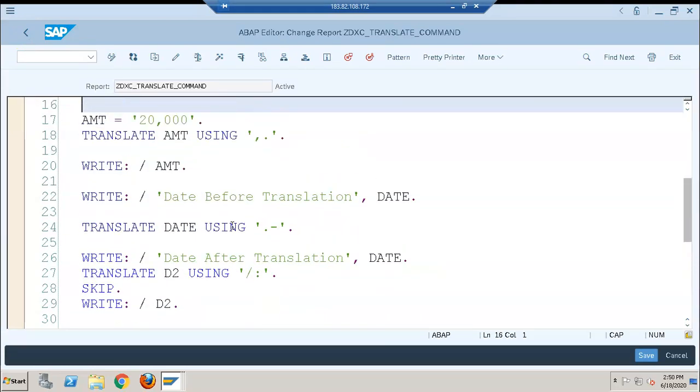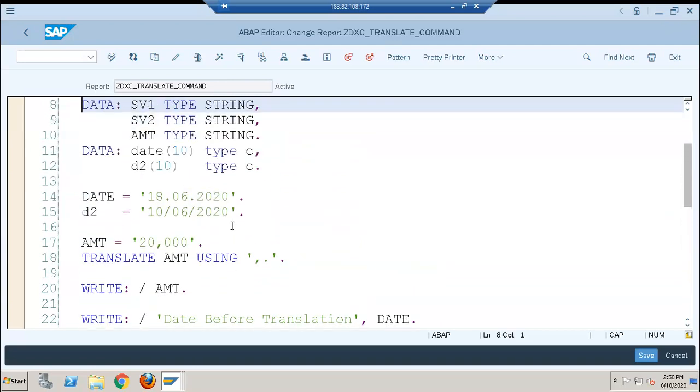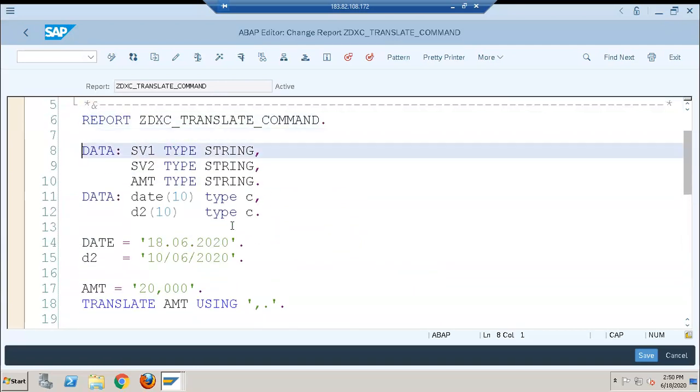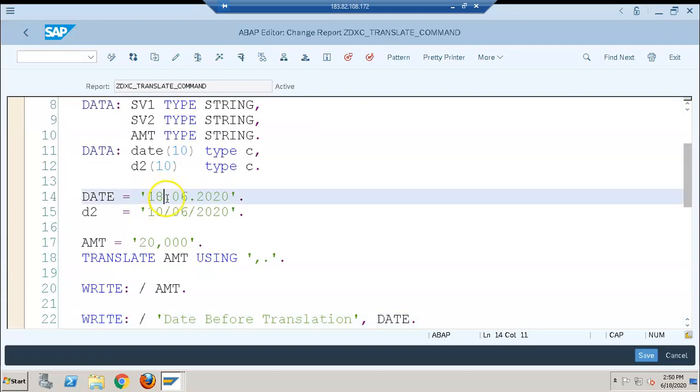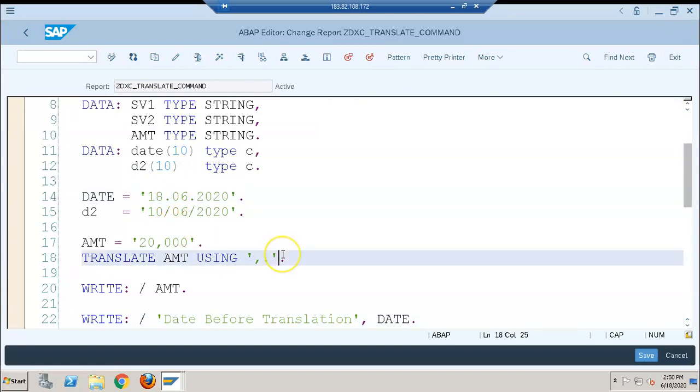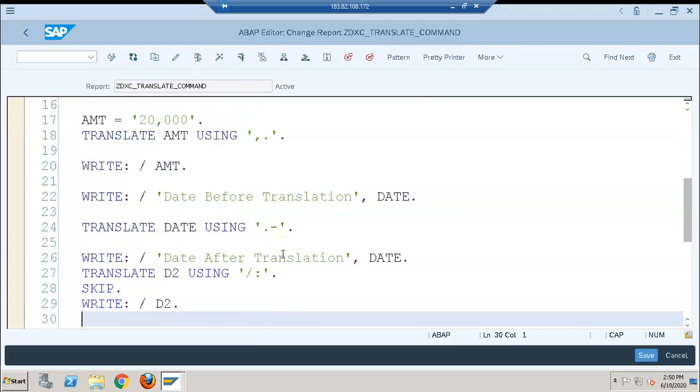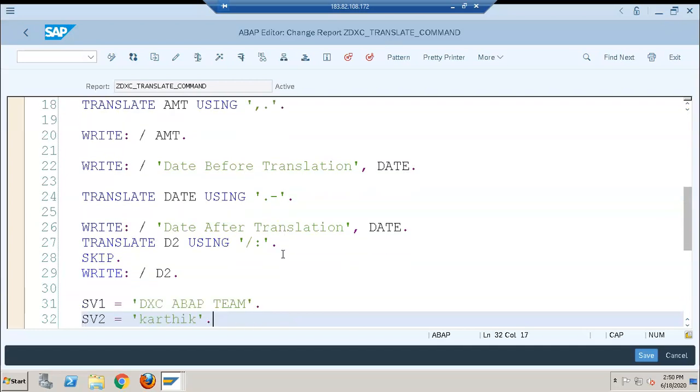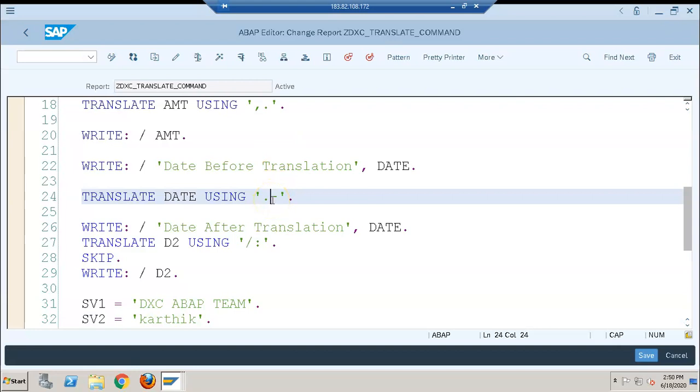So the date, or any string or variable in which we have some symbol, here in this date we have dot. The dot we are changing to hyphen. So this is how we mention it: dot is changed into hyphen. These two symbols have to be given here: translate date using dot hyphen.